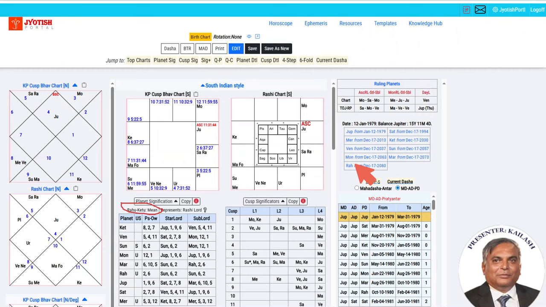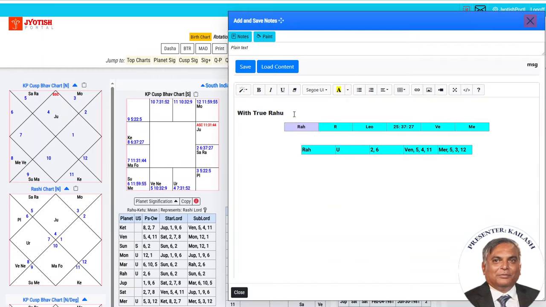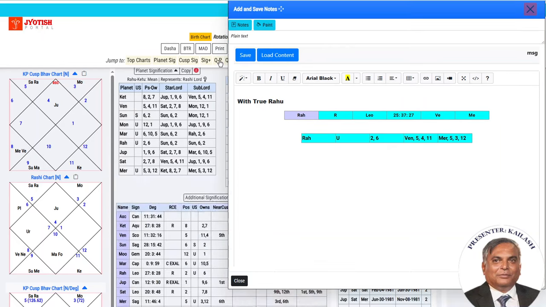And let me show you the difference. So we already made a note of when we use the true position, then the degree was this, and the Rahu was signifying these houses, which are actually very good houses. 2, 6, 11. These are very, very good houses. It doesn't justify the current financial bad position. Now let's look at what happens when we are into the mean. So first look at the degree.